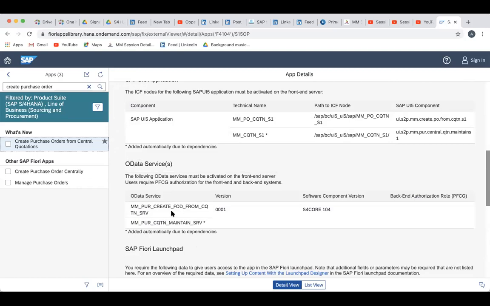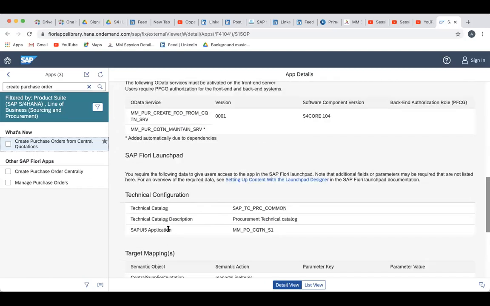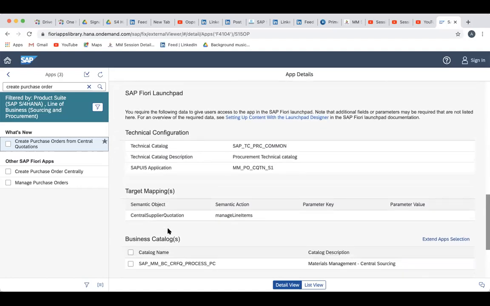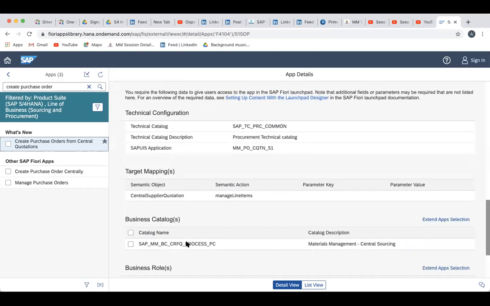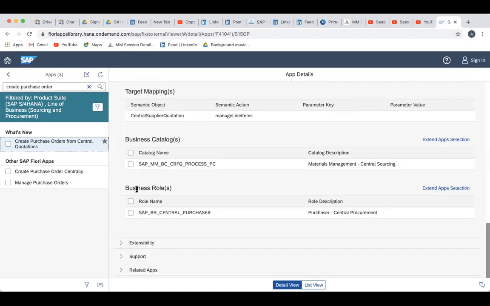So see, all programs are here. Here you can see roles, business roles. So this is SAP BR Central Purchaser. If we are adding this role, then only that app will appear there. So this role I have already added. See here.